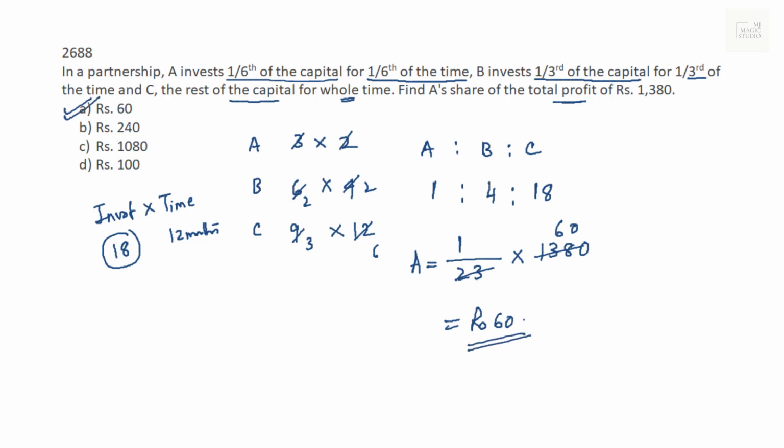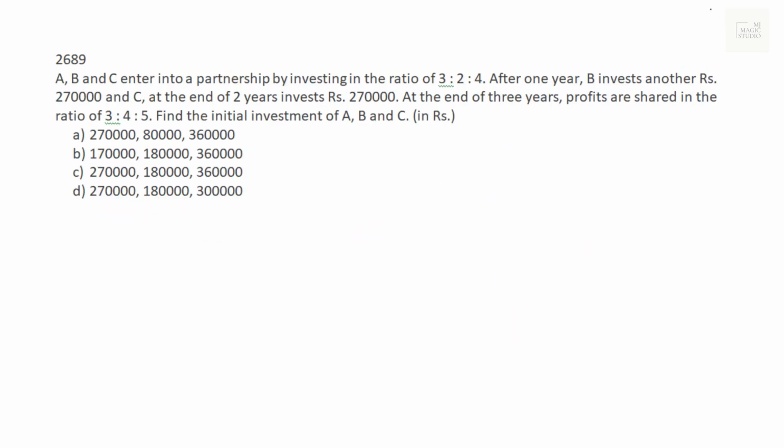That is in option A. I hope you have read the question. You must have tried and you must have answered by now, isn't it? In TCS, ratio questions and partnership questions, we have often seen they are asking at least 2 to 3 questions of these kind. And in partnership, profit and loss is often divided among weighted investment, isn't it? We have also discussed this in the previous question. Weighted investment is investment into time.